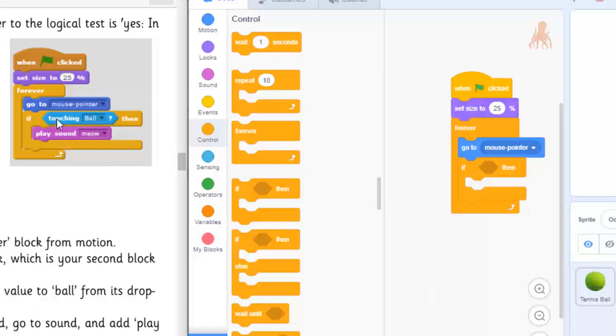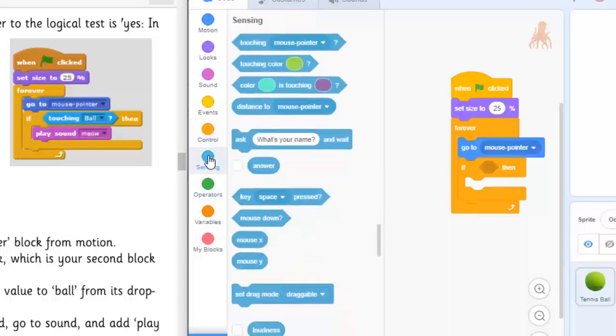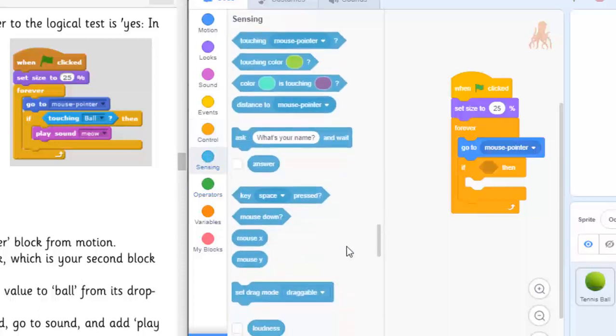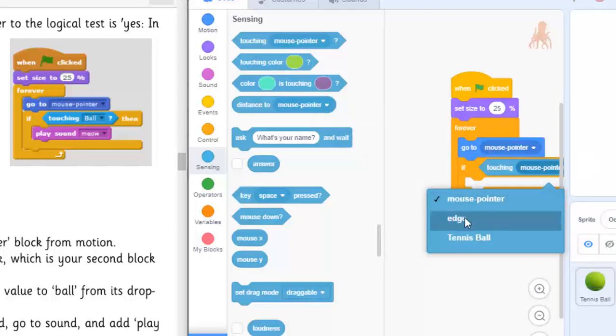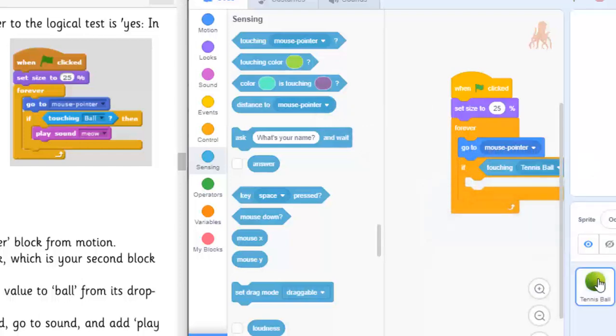And then we have a sensor here, touching ball. If it's touching the ball, so this one is found in sensing. So touching mouse pointer, that can be changed. Put it inside the if and change mouse pointer to the tennis ball. Why? Because you have a tennis ball over here. And then